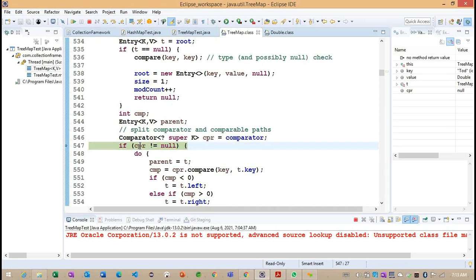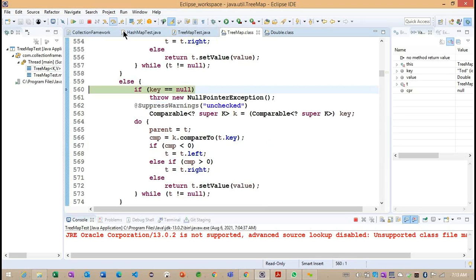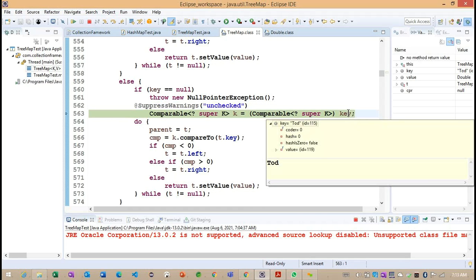Now observe, the CPR is null. We cannot go for this particular block, and here now you can see the else section is going to work. Inside this else section, now observe, we are trying to create this particular comparable with the help of this key called Todd.